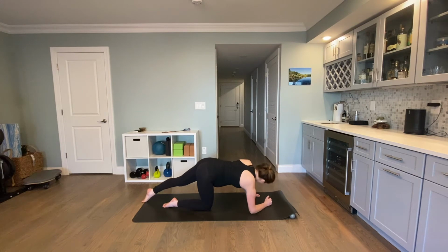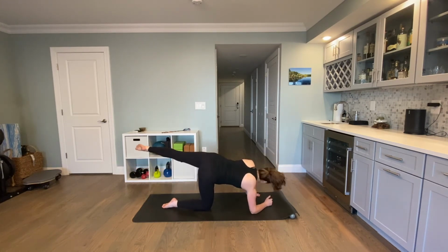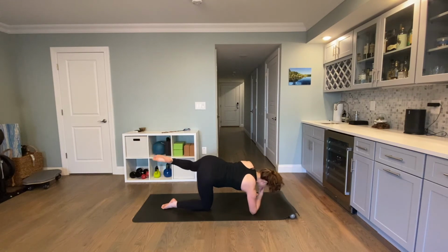Now bring your right forearm down to the ground. Left hand stays on the floor. And then you're going to lift that leg and externally rotate it. And then you're going to bend that knee in towards your upper arm and then extend it long. And then bend it in and extend. For 6. Really thinking about opening up to the back of that leg. Left elbow is soft. 4, 3, 2, and last one. Leave your leg halfway bent and then lower it down in line with your other knee